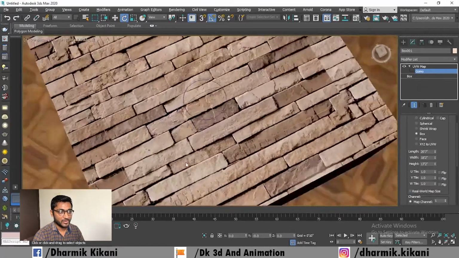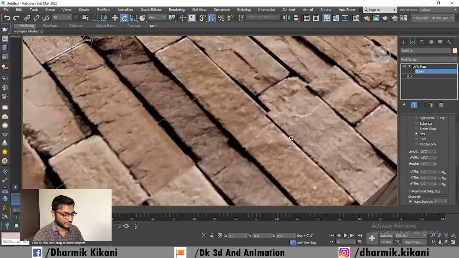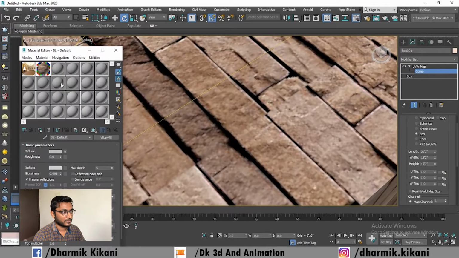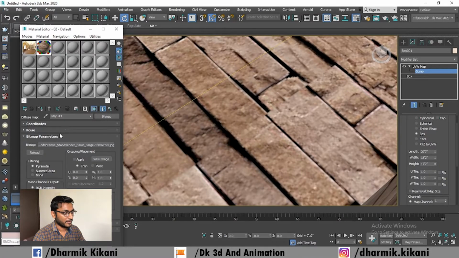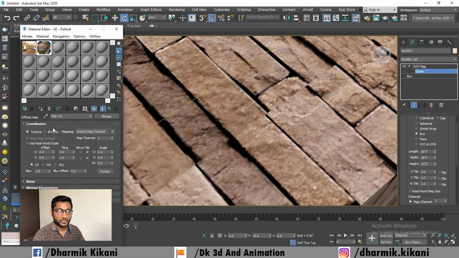Now I will tell you how you can remove this line. You need to go back to your material, click here on material, and coordinates of your material. You can see here environment and texture. When you need a background, at that time you need to click here on environment and select this option.